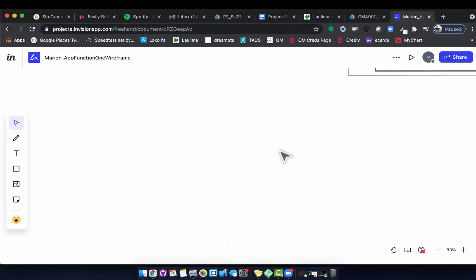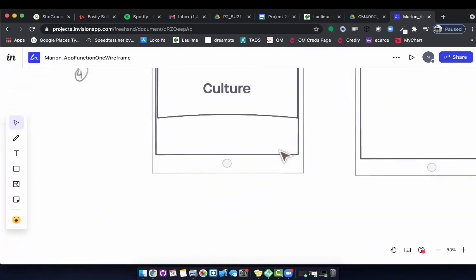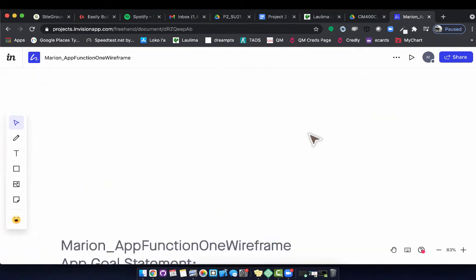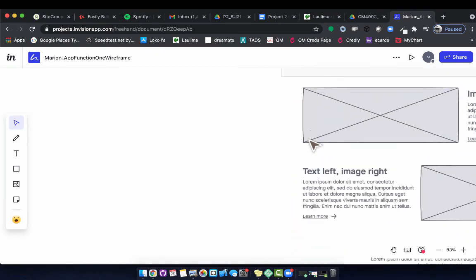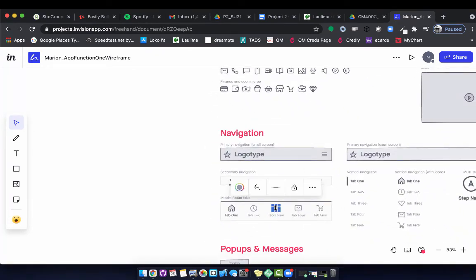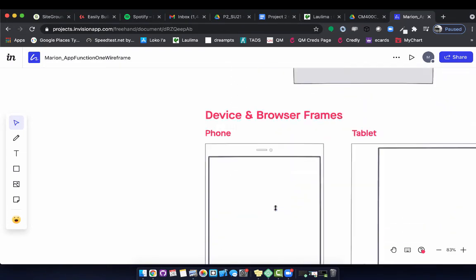And we're going to just bring that tab bar down here. We could stretch it out a little bit. Oh, it didn't catch all the images. So we can go back up there and we can grab those individual images if we want to. So copy,